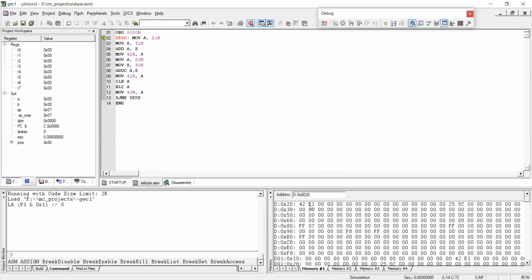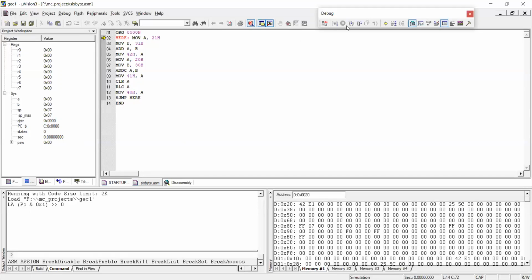E1 is the lower byte number, and 42 is the higher byte number. And 5C is our lower byte number and 25 is our higher byte number. We have two 16-bit numbers which we need to add, right? And the results will be stored where? 42, 41 and 40 there, right?